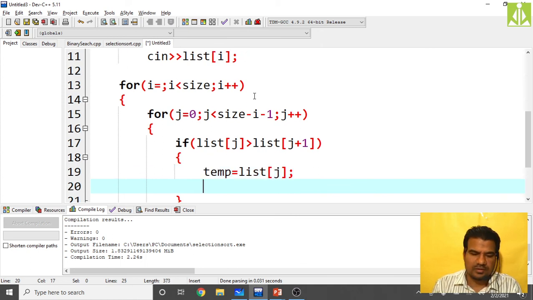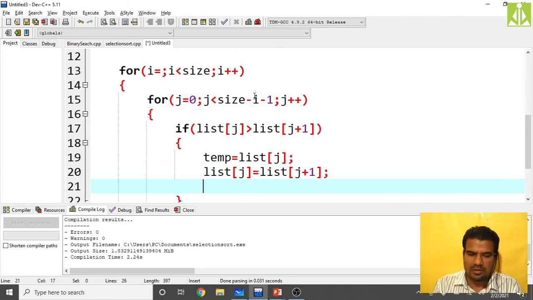Then list of j equals list of j plus 1, because always we are comparing the adjacent elements only. Then list of j plus 1 equals temp. Put the semicolon at the end.